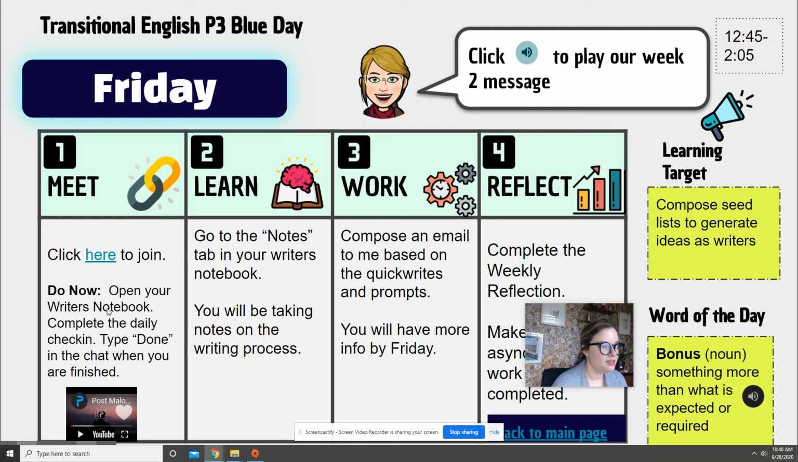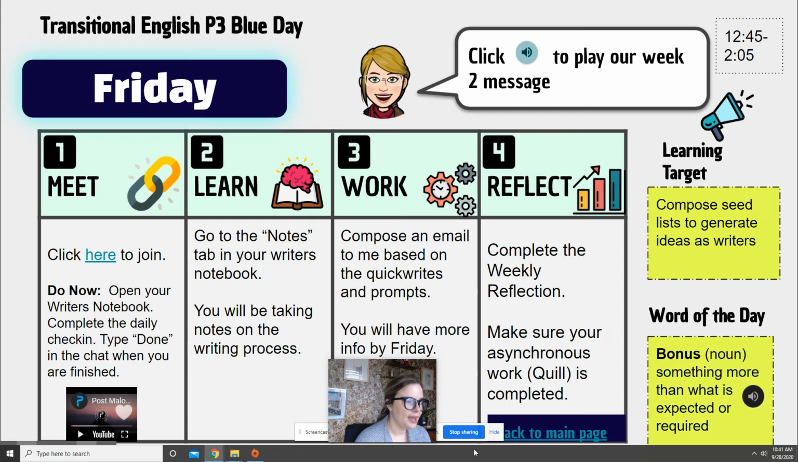The do now for these days will usually be completing the daily check-in on your writer's notebook. Learn will give you some instructions on what we're going to be doing for the first part of class. Work is what it sounds like. You will be doing some independent work on your own, and I'll usually describe what it is before you go and continue. And then you're going to reflect, and there will always be some type of thing for you to do at the end of class,